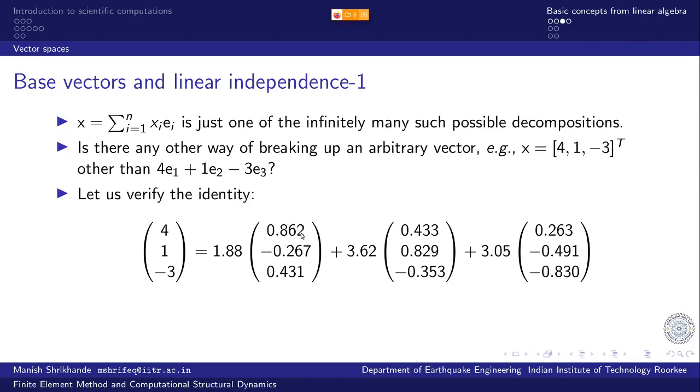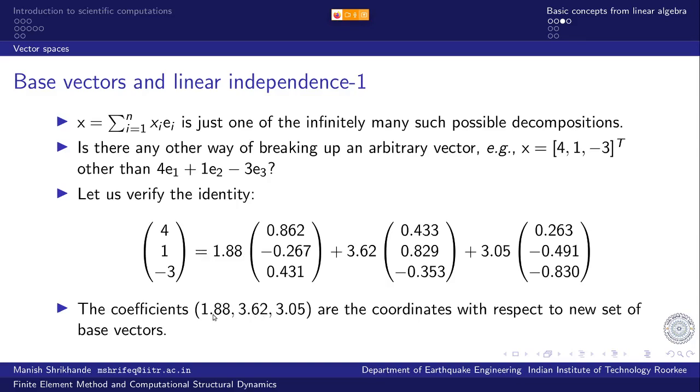1.88 multiplied by 0.862 plus 3.62 multiplied by 0.433 plus 3.05 multiplied by 0.263 comes out to be 3.99. So to the working precision, this is as good an approximation as we can have for 4. So the identity holds, right? So I can actually say that these coefficients 1.88, 3.62 and 3.05 are the coordinates with